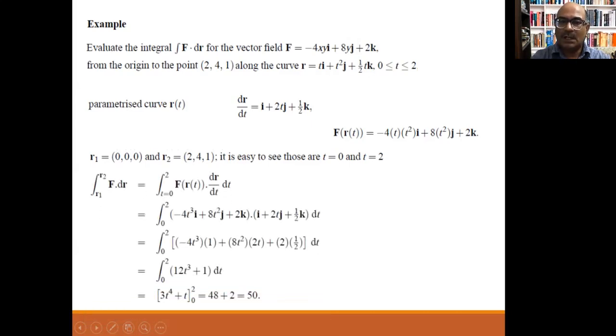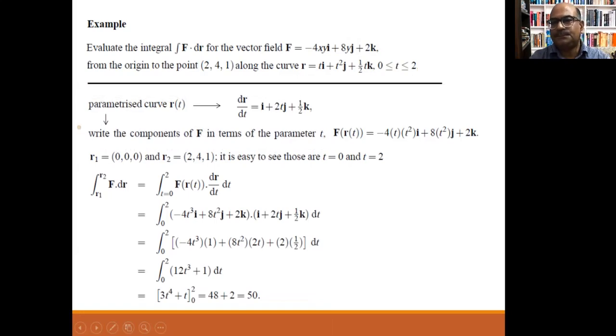So we can evaluate this function, the integral of F dot dr from r1 to r2. Using this consideration, we put in the values, and accordingly we can solve this in terms of t and put the limits 0 to 2. We get the value 50. So we can say that the components and all other things can be easily calculated if we know how to parameterize the function. So two points we need to concentrate on. First, the parameterization, then the change of point consideration, and accordingly put the values in the integration.